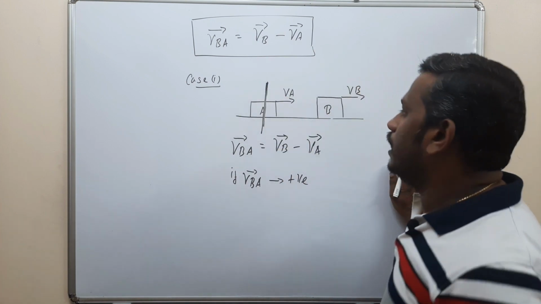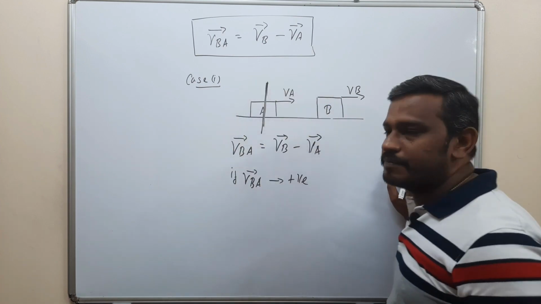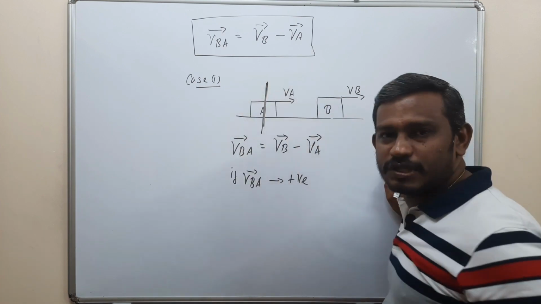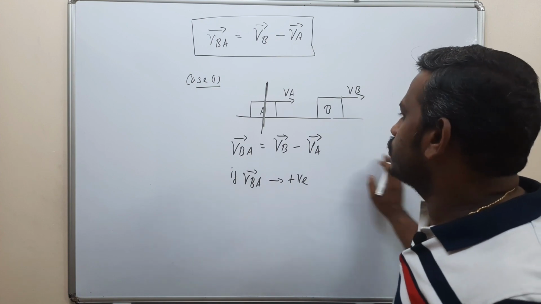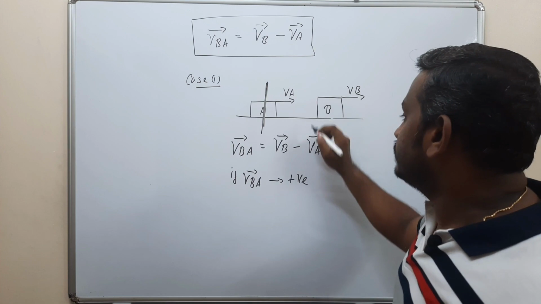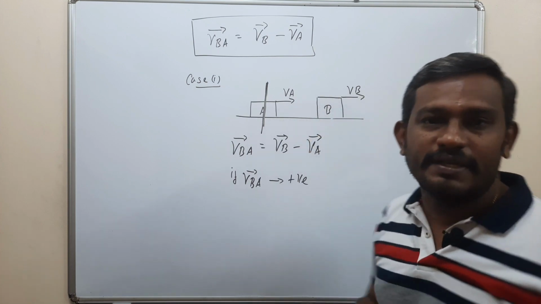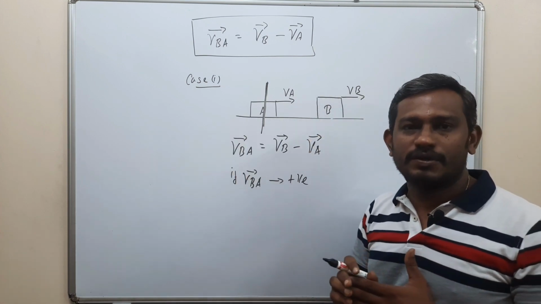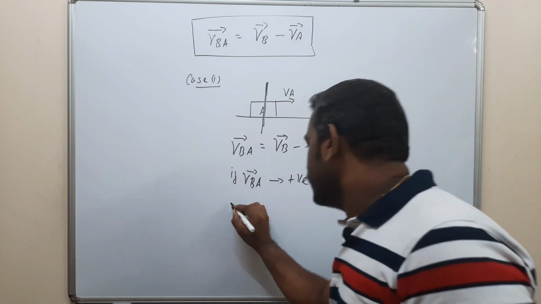Okay, the observer is on object A, so that means it is at rest. So object B is moving. It is positive, which means B is moving away from A. B is moving away from A. Okay. So similarly, if